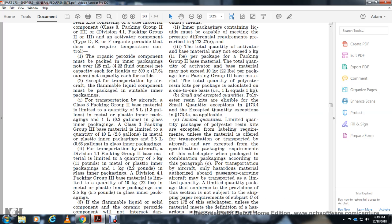Small quantities, polyester resin kits that are eligible for the small quantities exemption, 173.4. Applicable limited quantity: the limited quantities packaged with polyester resin kit are accepted with the labeling requirements unless the material